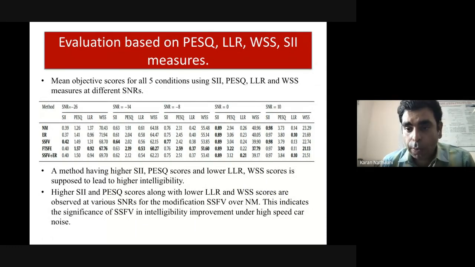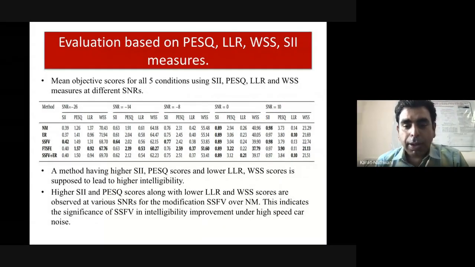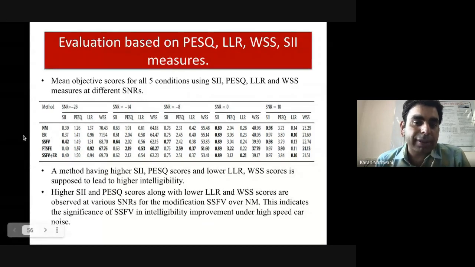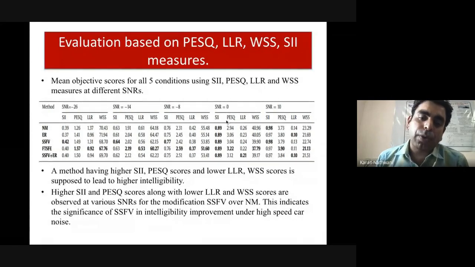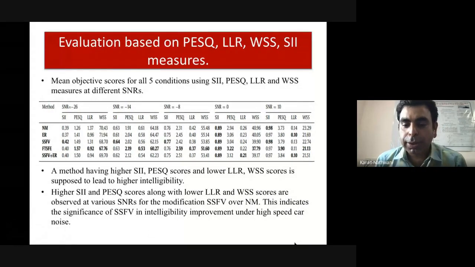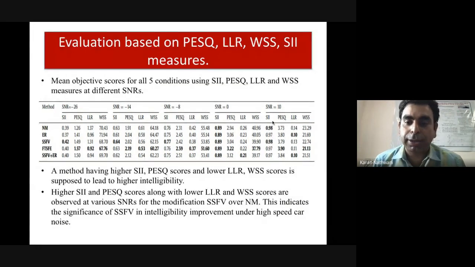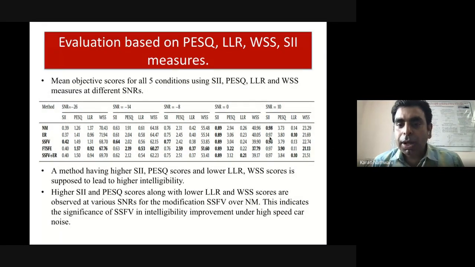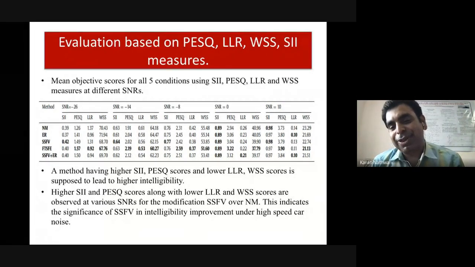It is no, quite clearly, because we do not require to modify the sound when it is already intelligible. When it is not, then it makes sense. At very low SNRs, we need to modify it. But when it is already intelligible, why do we require it again? So there is no point doing it. So this is what I was talking about. Now, at high SNRs, when we increase to even higher SNRs, there is no need. You see the numbers. It is approximately 1, so it is very, very clear understanding. Okay.